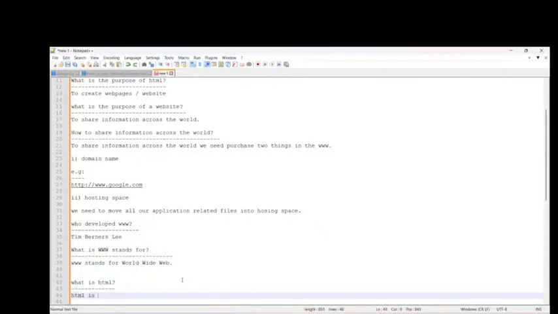HTML is a markup language, which means a tag-based language, which is used to create static websites, static web applications also. Okay, right, websites are web applications. Of course, web applications and websites we can also develop with server side technology, but those server side technologies are